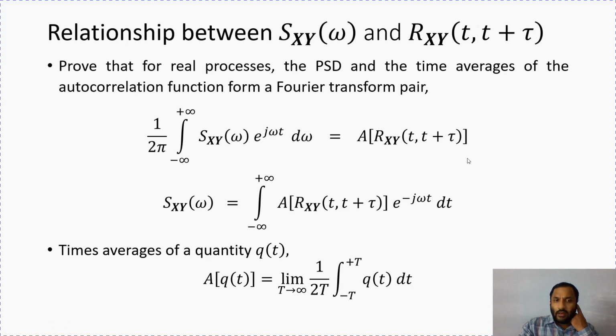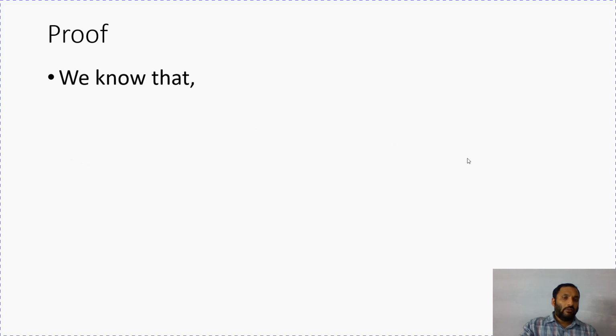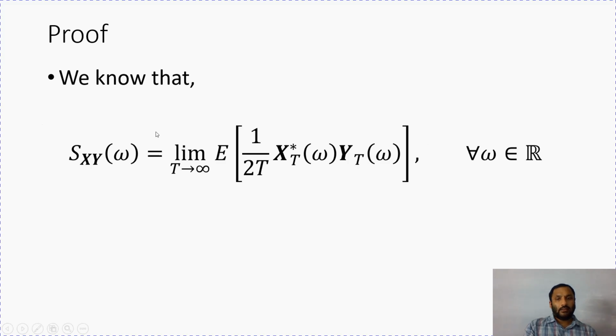Now the time average of a quantity q of t is defined as capital A of q of t, which is equal to the limiting value as T tends to infinity of the time average, that is 1 by 2T integral from minus T to T of the function q of t. Now we know that this is the result. We start by